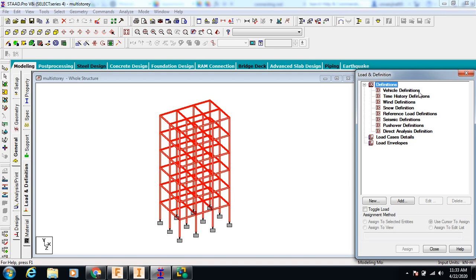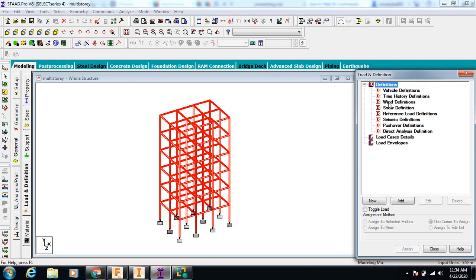And if we have designed a structure where the parkings are on the first floor, second floor, third floor, in that case also the vehicle load should be calculated there. So we'll go into the vehicle definition, and here is the wind definition. Today we are going to calculate the wind load.